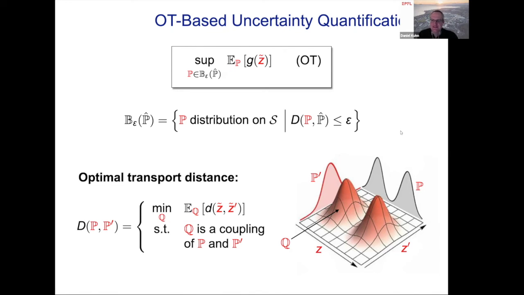This could be a metric on the Z space. Mathematically, the optimal transport distance is therefore defined as the minimum of the optimization problem shown at the bottom of this slide, and the decision variable Q of this problem is actually a coupling of P and P prime. Coupling is just a joint distribution of two random vectors Z and Z prime that have marginal distributions P and P prime. So the coupling Q is naturally interpreted as a transportation plan for moving probability mass. The shown optimization problem here aims to find the least expensive transportation plan for morphing the distribution P into P prime.